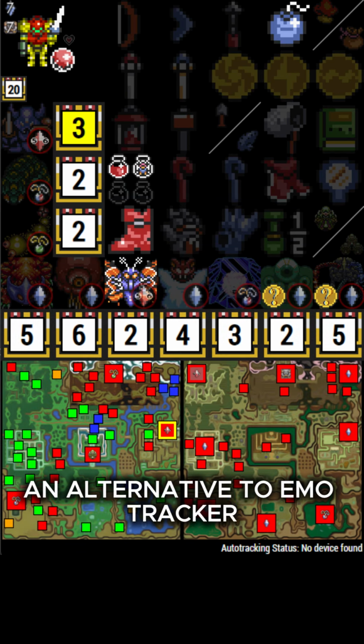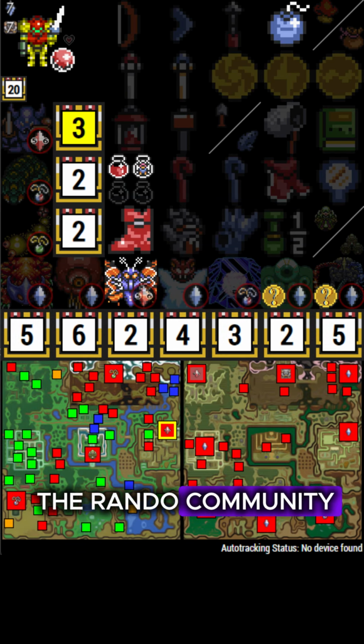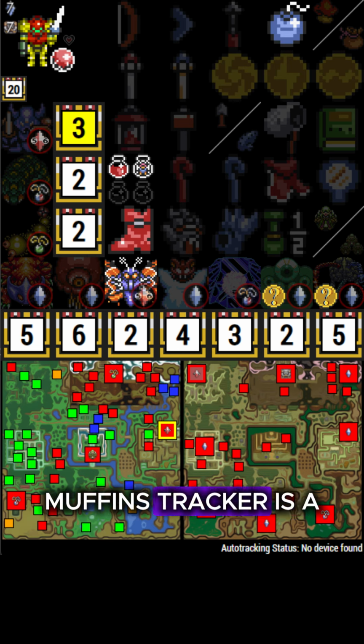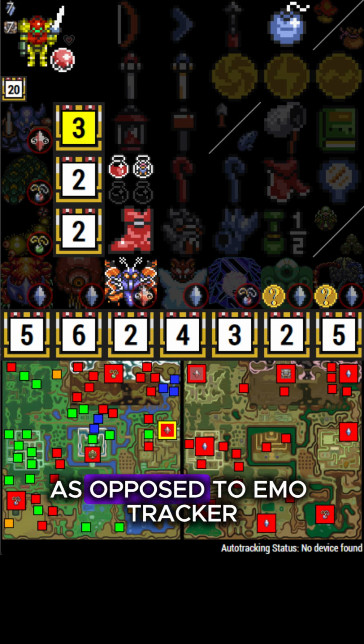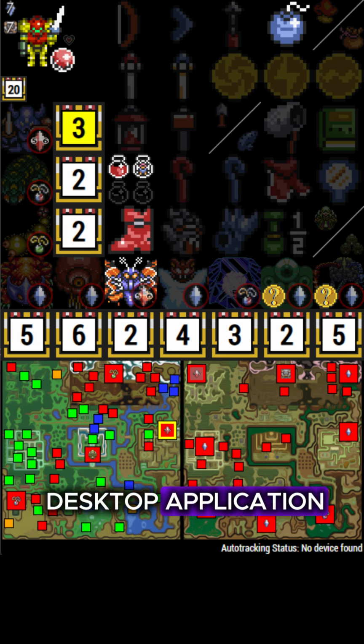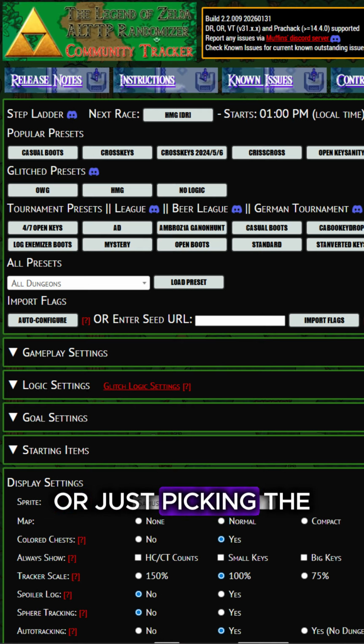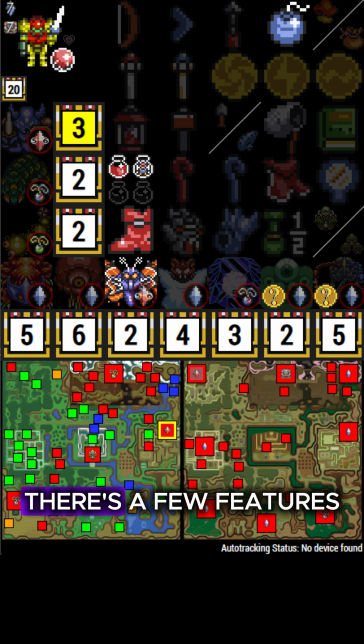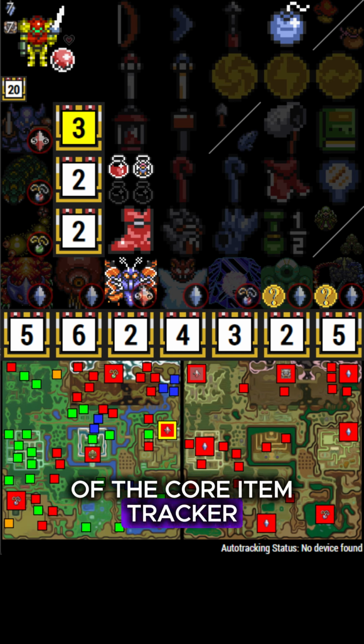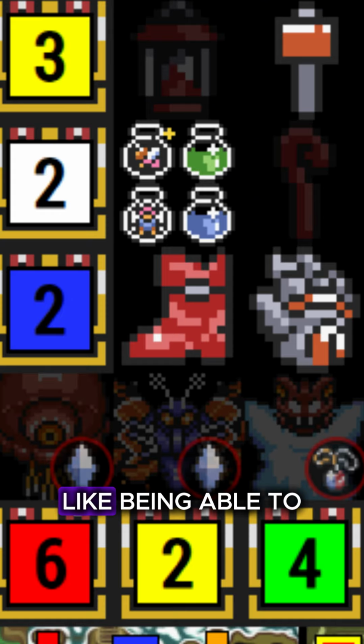An alternative to Emo Tracker that's very popular in the rando community is Muffins Tracker. Muffins Tracker is a web-based tracker, as opposed to Emo Tracker, which is a Windows desktop application. You start on the homepage by picking the preset you're playing, or just picking the options that match your seed. There's a few features of the core item tracker that are upgrades over Emo Tracker, like being able to see